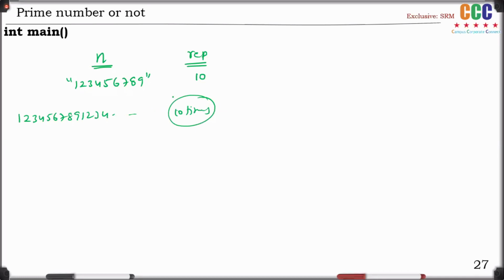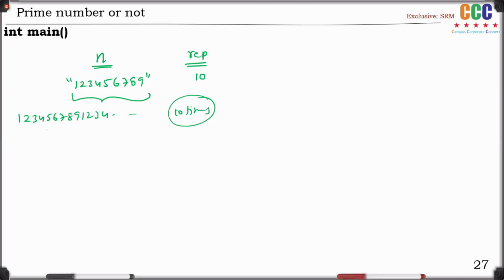Therefore, every student was scared about the question and started thinking how to form this much bigger number by repeating this much. This is not possible, my dear friends. Therefore, the logic is simply to first find the summation of the individual digits of the given number, multiply by 10, then you will get a number, then mod 9, that's it. Then you will get the answer, my dear friend.